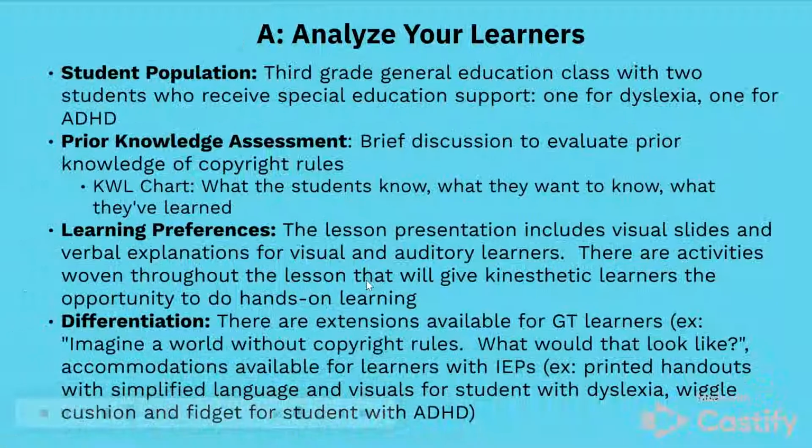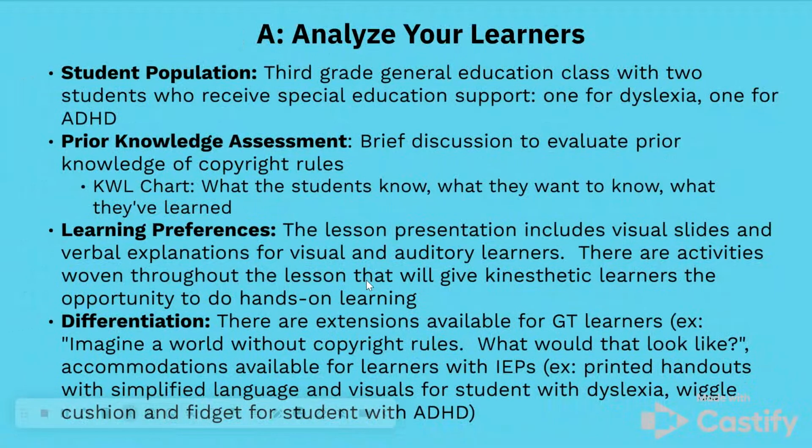For A, analyze your learners. For student population, I will be teaching a third grade general education class with 2 students who receive special education support, one with dyslexia and one with ADHD. For prior knowledge assessment, we will have a brief discussion to evaluate prior knowledge of copyright rules before I begin my presentation. We will utilize a KWL chart. We will document what the students know, what they want to know, and what they've learned,